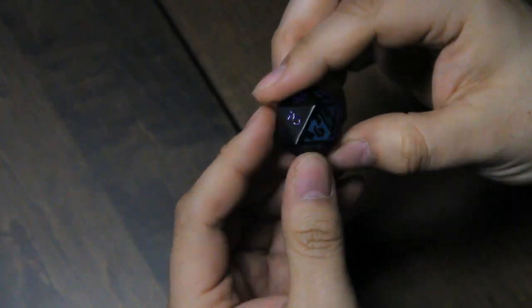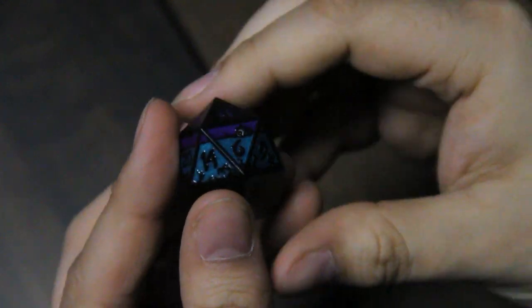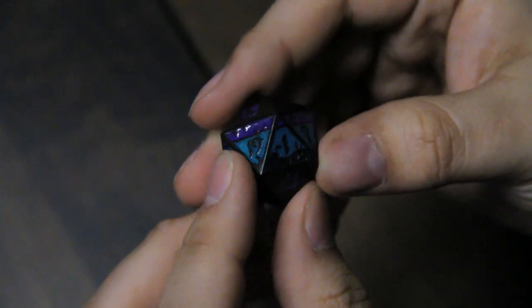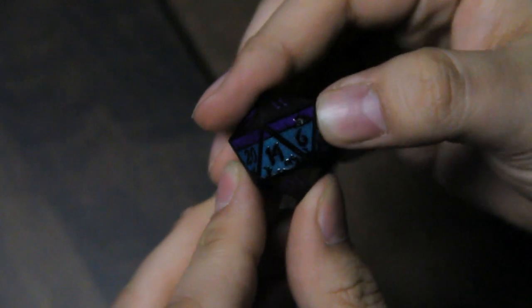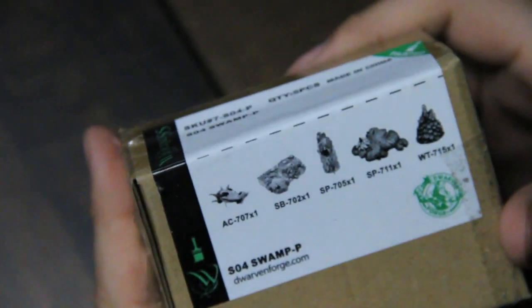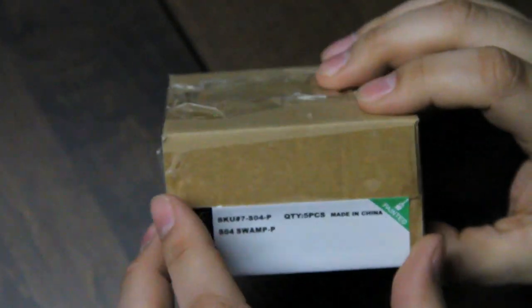Then you got this center band around here. It has details and stuff from the swampy environment in it. So a sinking building there, and yeah, beautiful die. And the box that was attached to here,